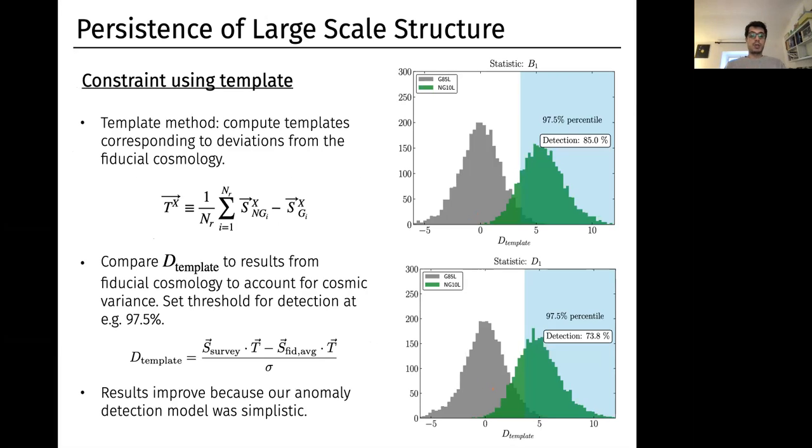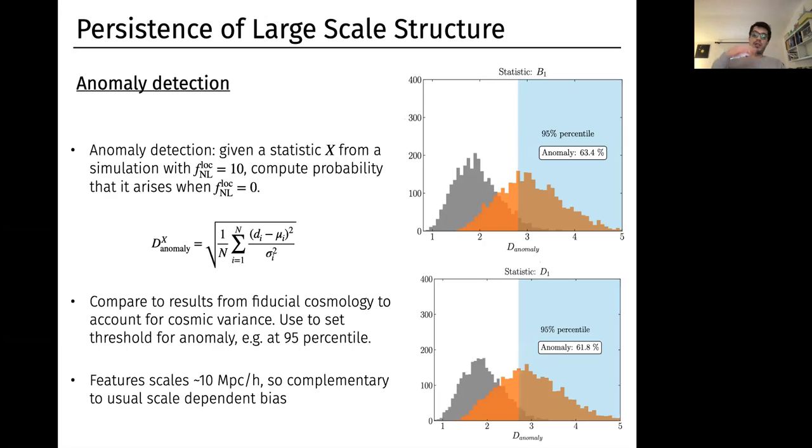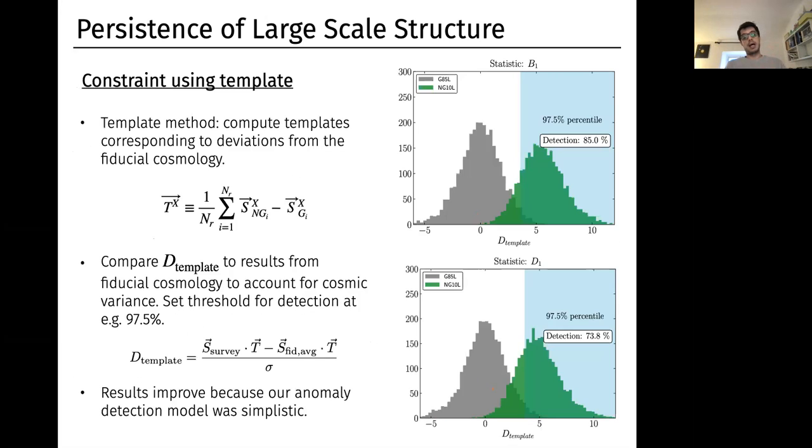So I will conclude now with the template idea. Until now we were just fishing for a parameter. In this case, we knew which parameter, but in a real scenario, you don't. So one degree of complication we can add is targeting a parameter, which we do by building templates, as I was saying before. We take strong non-Gaussianity,